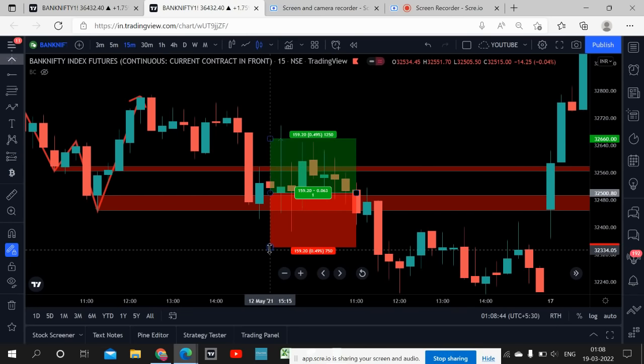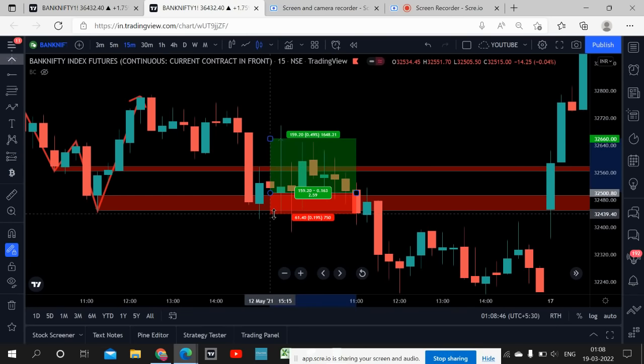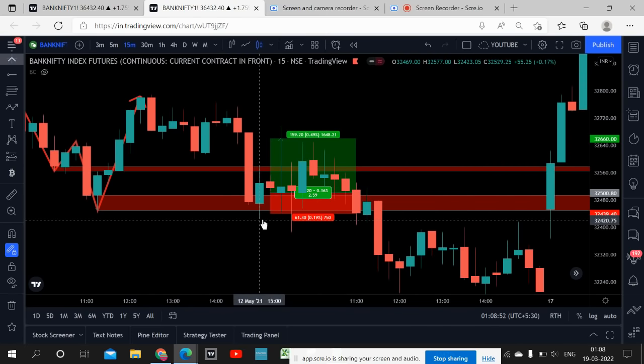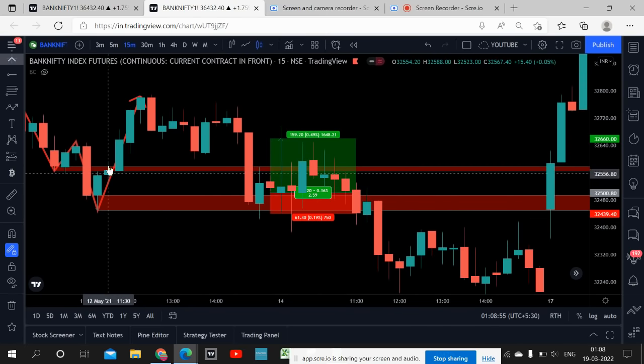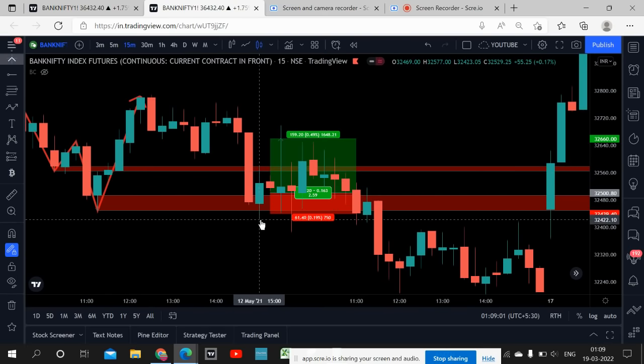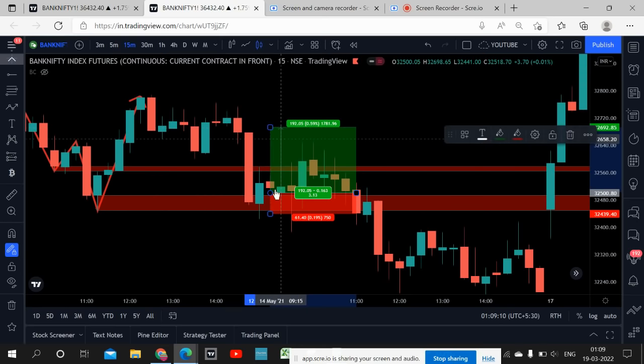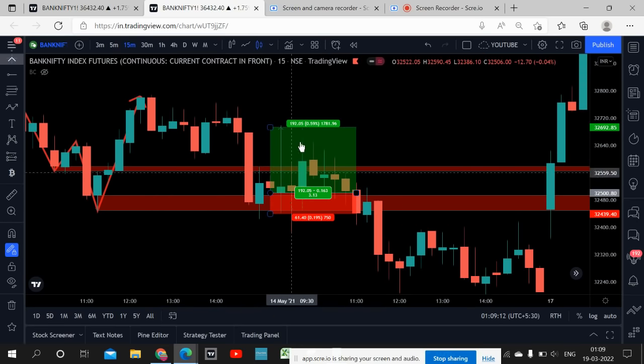If you might have taken a trade here, this is the buffer. And even if it has crossed the buffer, by seeing the huge bullish momentum that happened here, people who have got experience will be holding this for the candle close to happen below this range, and they might have taken. So here, for the risk of 61 points, they have got 192, which is nothing but 1 is